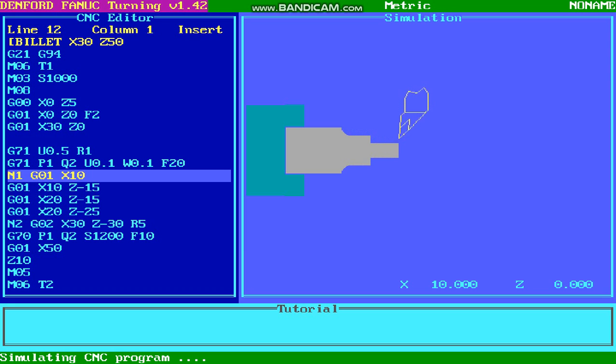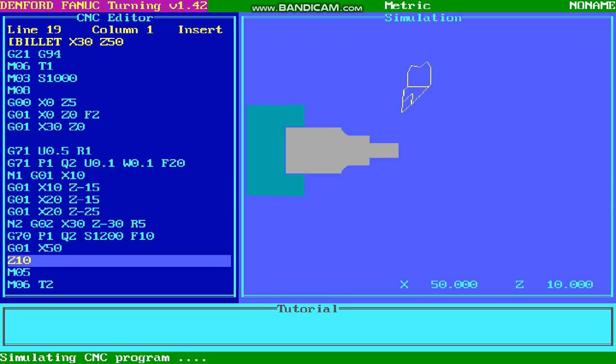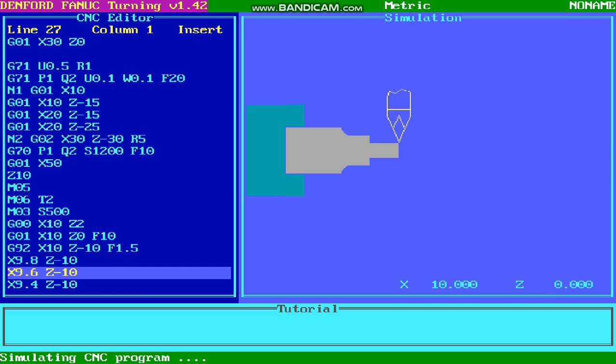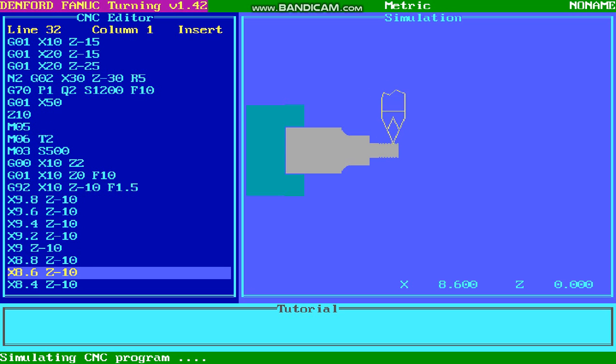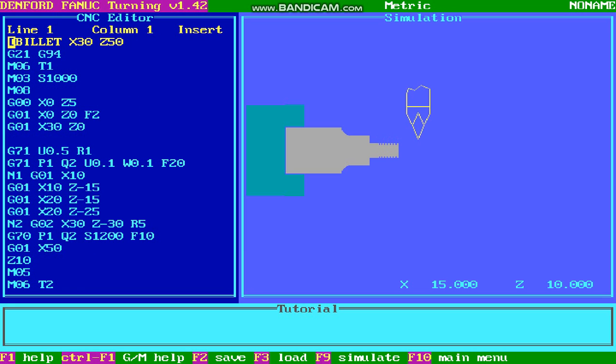Once the roughing operation is done, you will carry out the finishing operation, or the finish turning cycle. So the finish turning cycle is done. Now the threading operation has been started. In each step you are removing 0.2 mm with a thread length of 10 mm. So the major diameter is 10 mm, and you are going to remove material until you get a minor diameter of 8 mm. So your threading cycle has been completed now.